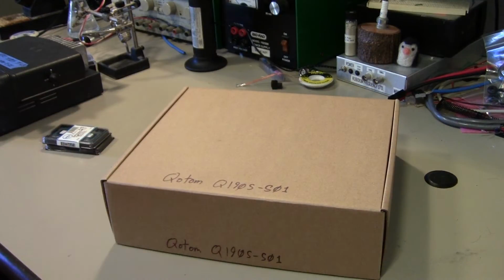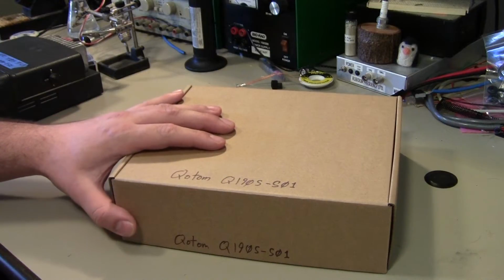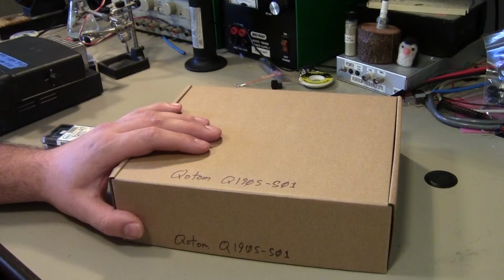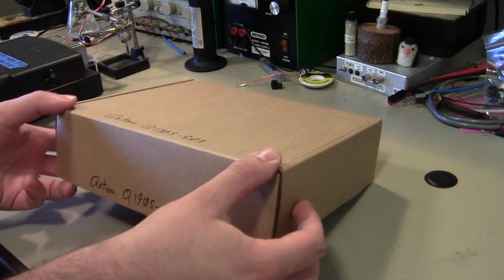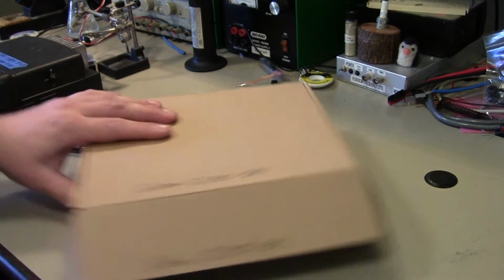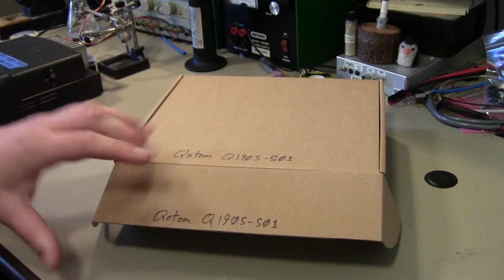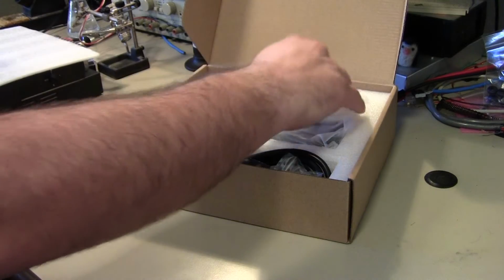So let's look at the actual Qotom itself, right? So this is one of their lowest end models. It's got an Intel Celeron processor in it, quad core 2 gigahertz. So it has plenty of horsepower for what we're asking from it. It comes in a plain brown cardboard box like this. I wrote the model number on it just for my own sake. And as it comes out of the box,